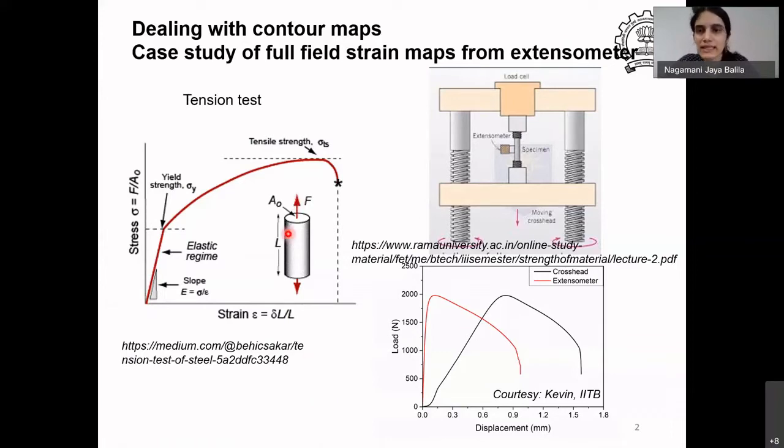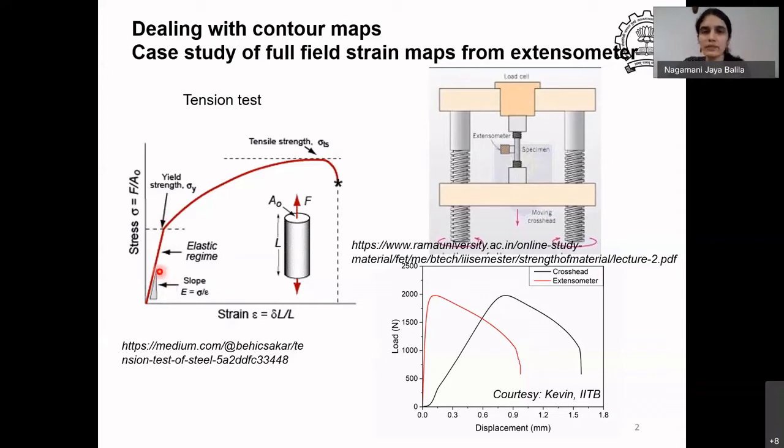So this was the tensile test where we were pulling a sample, and the stress strain data, if it's an ideal nice curve, then it should have a linear elastic portion, and then there is a plastic portion. So we were talking only about these two quantities. One was the elastic modulus, which was the slope of the initial part of the curve.